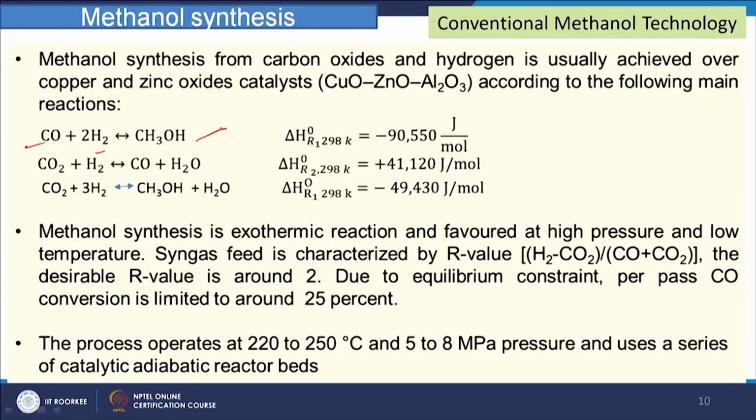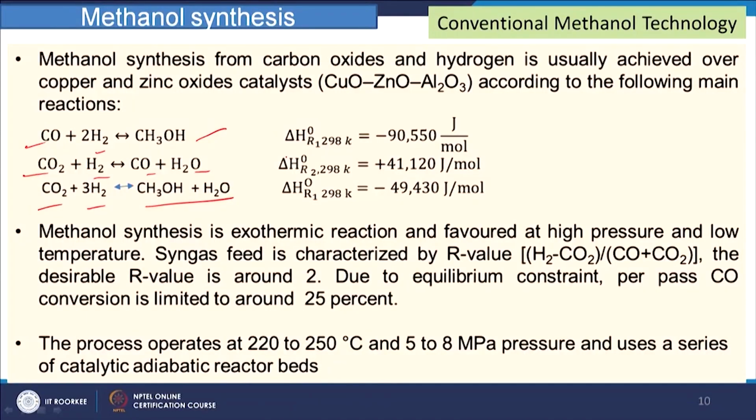Now, we will see what are the reactions which take place during this methanol synthesis. So, obviously, we have syngas. CO and H2 we have, it is giving CH3OH, and we need some carbon dioxide for the initiation of the methanol reactions, so CO2, H2, CO plus H2, and it is believed that CO is first converted to CO2 and then CO2 reacts with H2 and then it gives methanol. So, this CO2 plus H2, this is the major reaction for methanol synthesis.